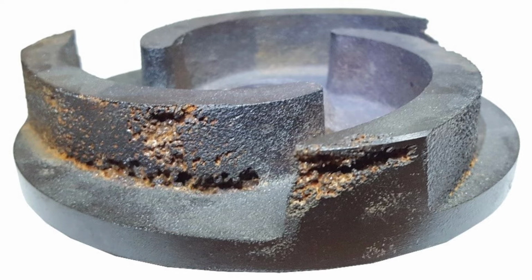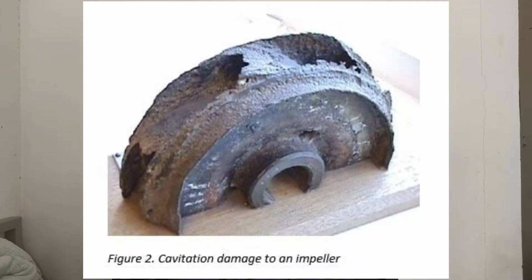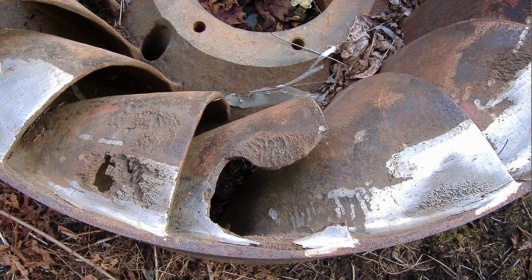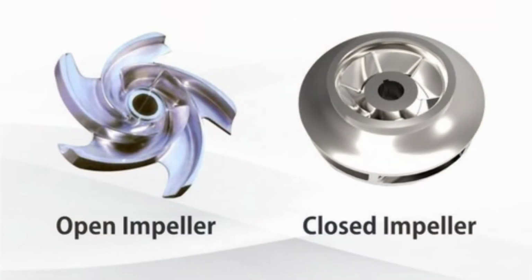The result is surface fatigue of the metal, causing a type of wear also called cavitation. The most common example of this kind of wear is on pump impellers, where sudden changes in the direction of liquid